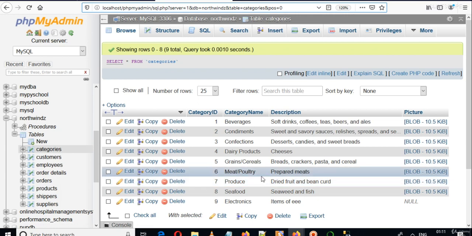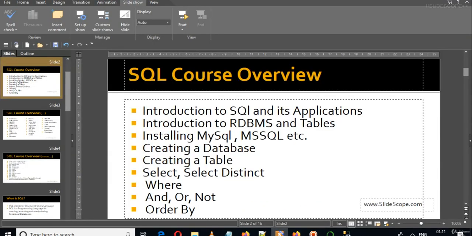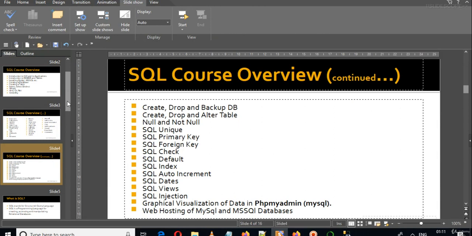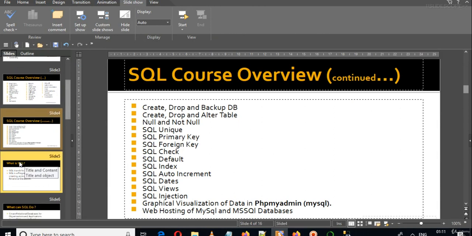And this is the overview, and in the next part we will start with what is SQL. I have given you an idea, but again, you can write it down somewhere, you can remember it. We will deal with what is SQL, what SQL can do, and things like that. I will give you an overview of